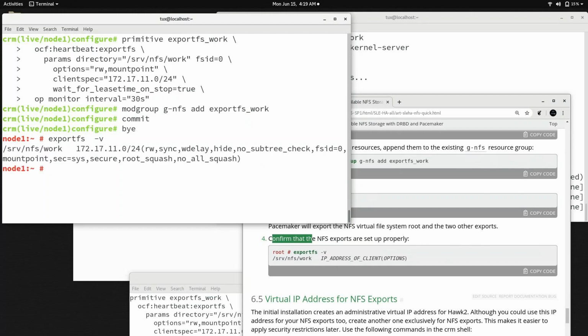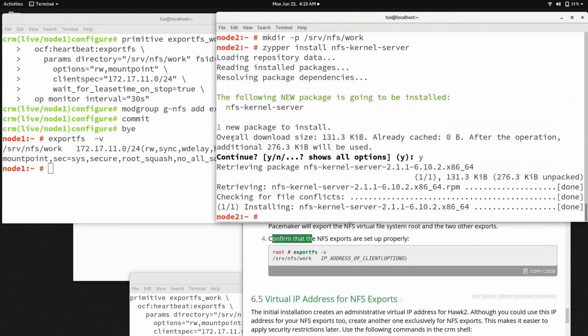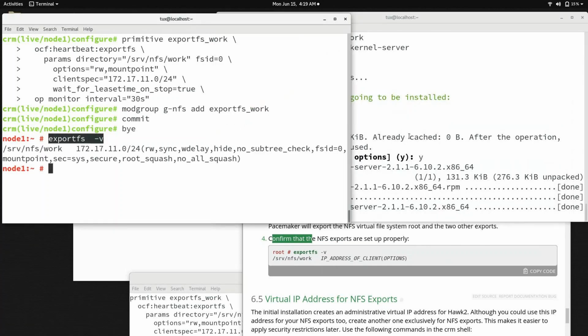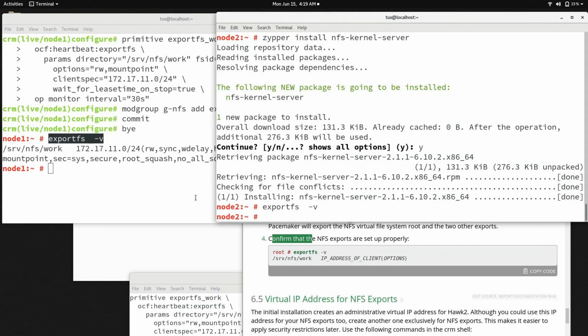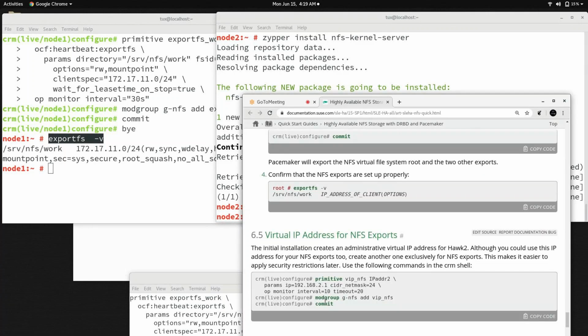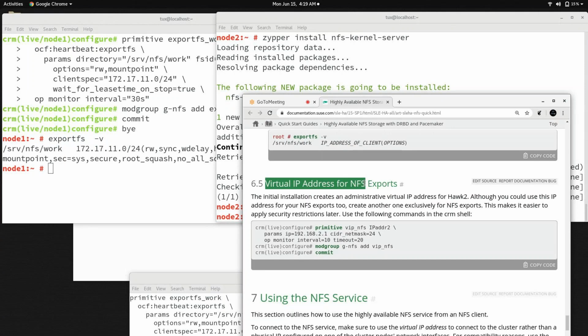I did not configure this file manually. That file was configured by the HA. And if you look at the second machine, it is blank. And this is supposed to be blank because it is an active passive cluster. So the settings will be available on one of the nodes at a time. If the machine is down, then those settings will automatically switch over to node 2. Now next is creating a virtual IP address, because of how you will access this NFS server.